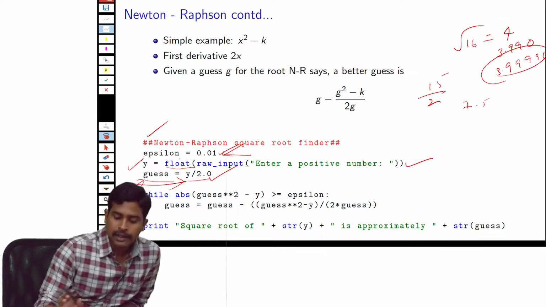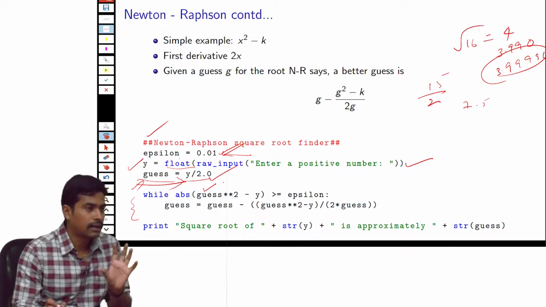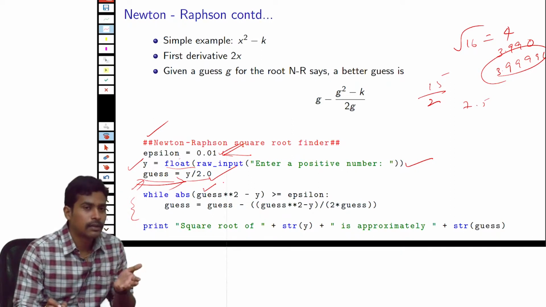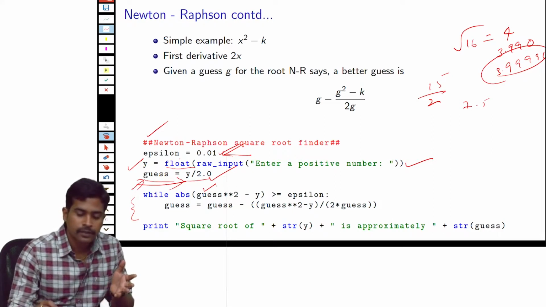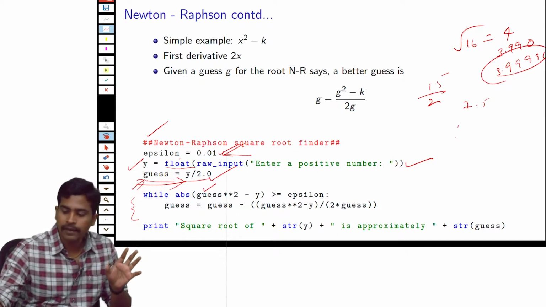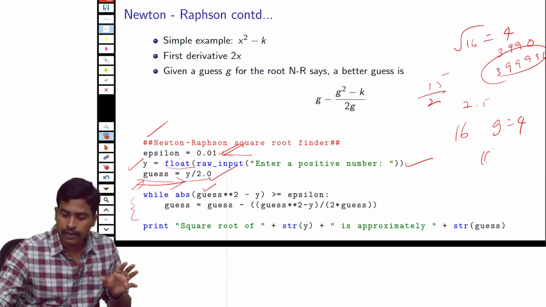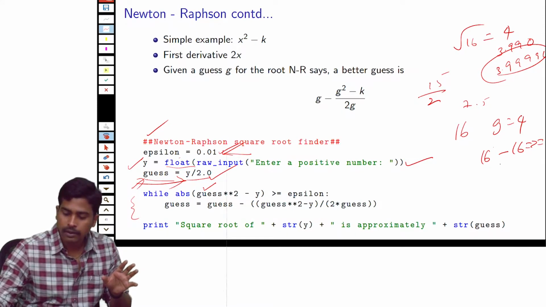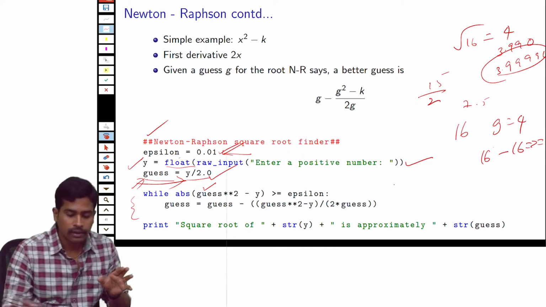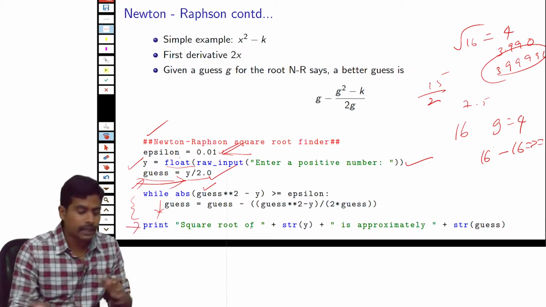Okay. So in this while loop, what is happening is, for example, if the guess is our actual root. Let us assume you actually guessed the solution right away. For example, if you want to find the square root of 16 and your guess is 4, then guess square, which is 4 square, minus the actual number 16 is 0, which is not greater than or equal to epsilon, so it won't execute this block of statements, and your result is already given.